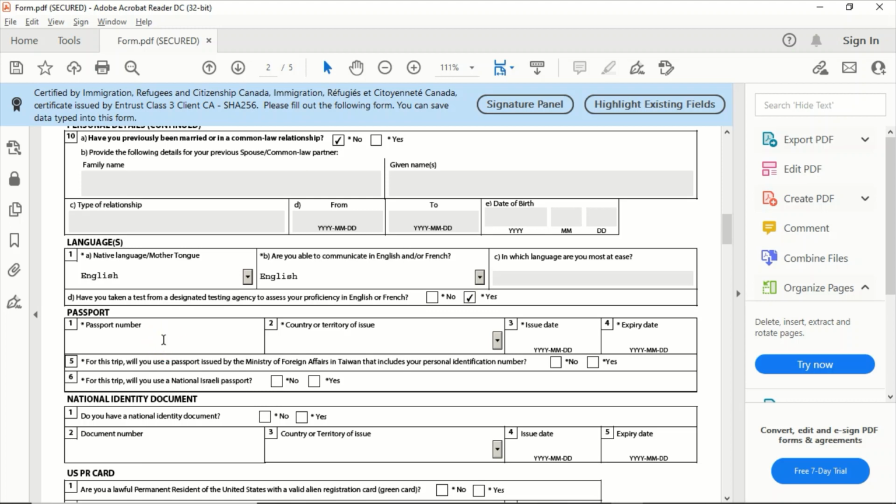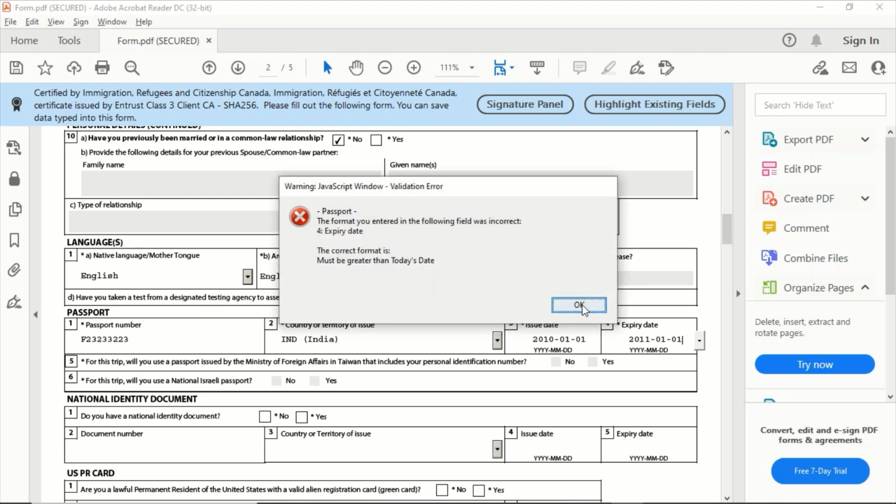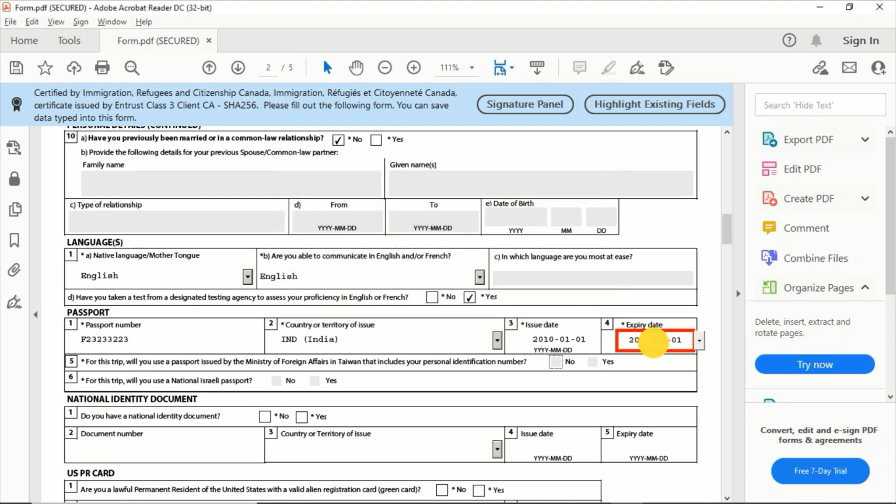Enter your passport number, which country they have issued, issued date, and the expiry date. So 2022.